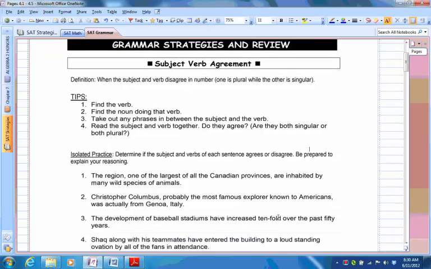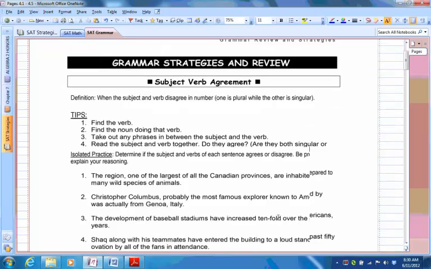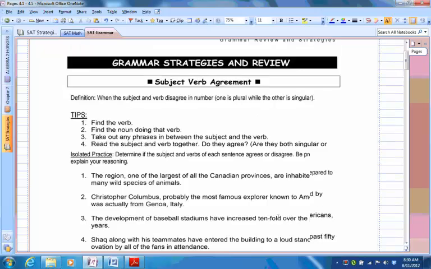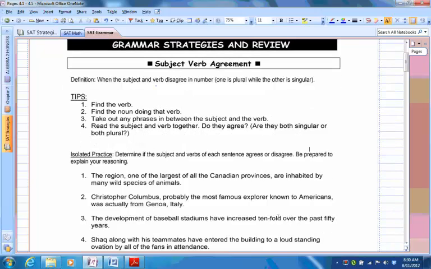I think that's pretty obvious when you have a disagreement. It's when the subject and verb disagree in number. So the subject might be plural, whereas the verb might be singular, or vice versa. So the important thing is find the verb, find the noun doing that verb, meaning the noun that goes with the verb, take out any phrases in between the subject and the verb, and then read the two together and see if they agree. To take this another step further,